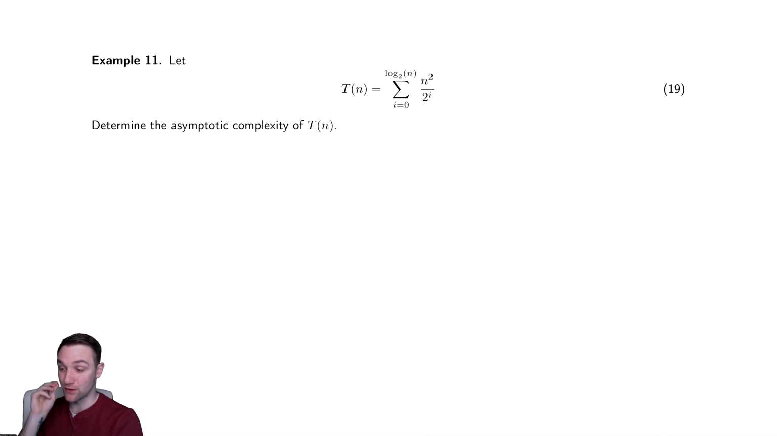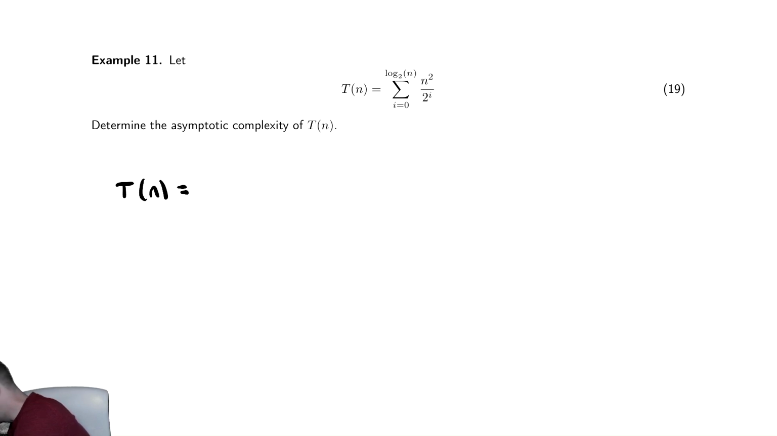We're going to analyze this with a formula first, and then try to also analyze it by bounding and see how they compare and contrast in terms of both the difficulty and in terms of how they work mathematically. So let's try and analyze this using our formulas. We have T(n) is equal to the sum from i equals 0 to log base 2 of n